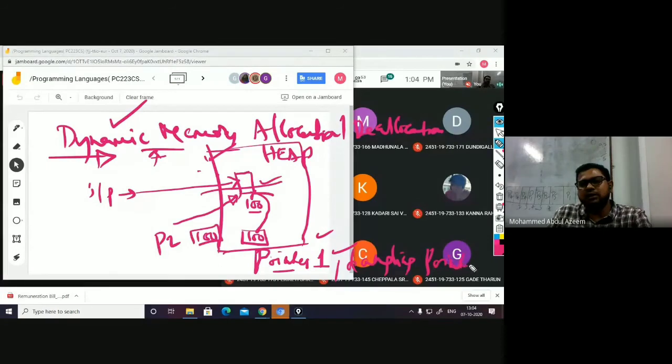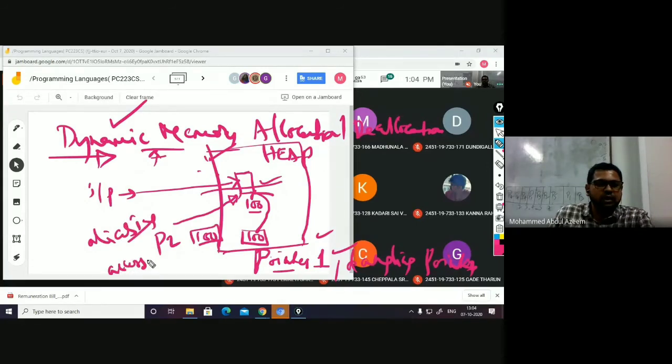Okay, this is the problem that is probably encountered during dynamic memory allocation and deallocation, right? During aliasing, when pointer 2 is accessing this memory which is being pointed to by pointer 1 as well, pointer 1 cannot access the memory and will be left a dummy, and this kind of pointer is said to be a dangling pointer. Got the point?